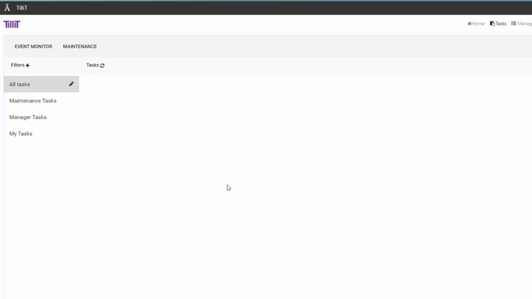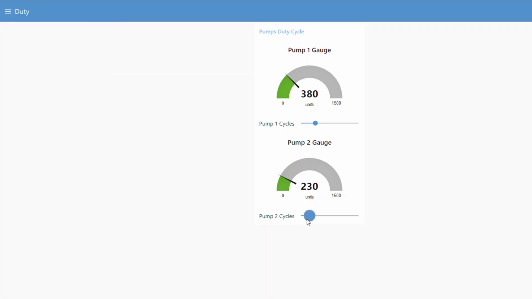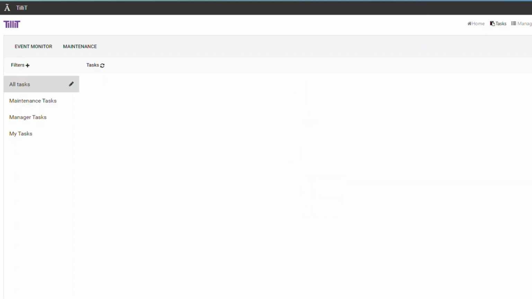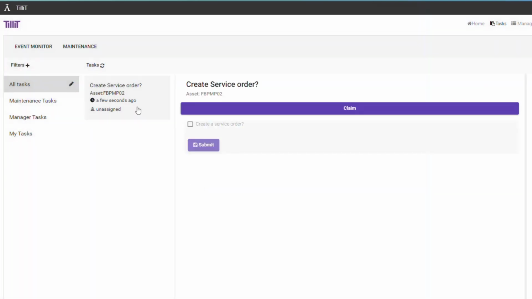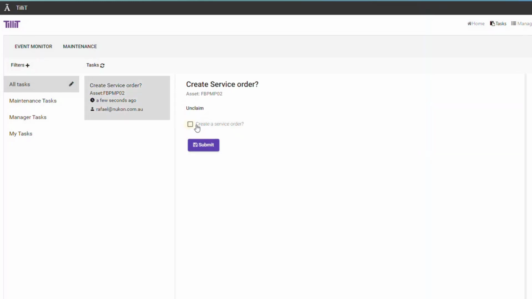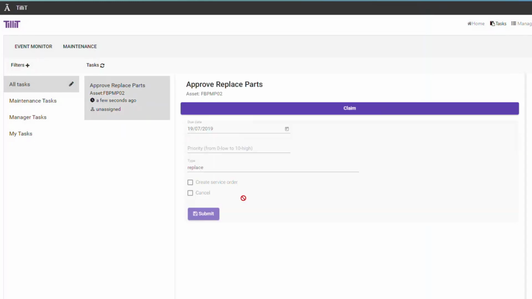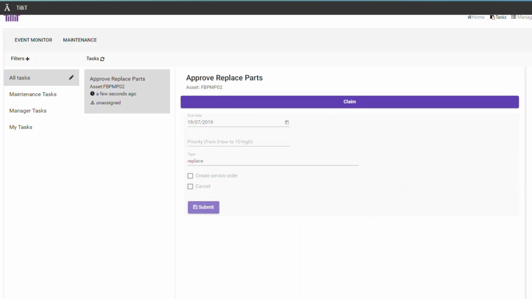Okay, so let's go back to my simulator and set pump 2 to have duty cycles greater than the service order request level. Okay, we can go back to Tillit and run the job again. All right, now I have a service order request for pump 2. So I'm going to say, yes, please create that. Okay, now that we have an approve replace part task to fulfill, I know that this is going to be done